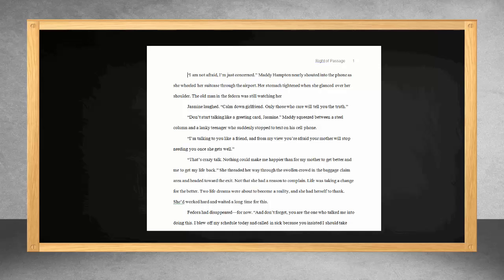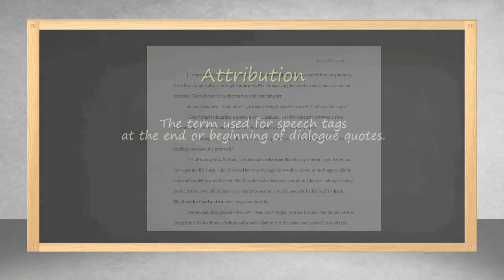This might take a little bit of getting used to, but all you have to do is keep a novel on your desk and open it and look for an example. There are only a few different ways to close dialogue, so it shouldn't be difficult to find the exact example that you need. Next, let's look at this attribution, these speech tags that we have at the end of our dialogue.